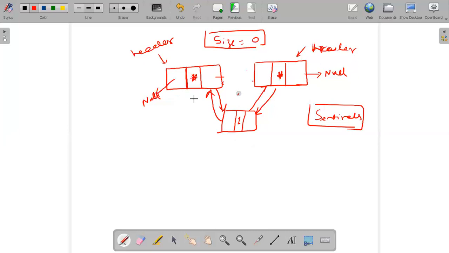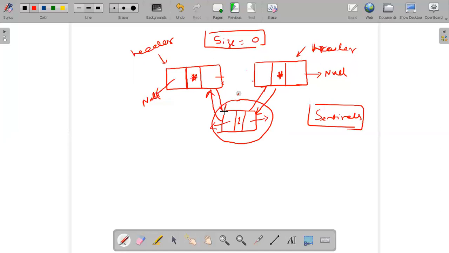This is called sentinels, and what is the benefit? This element, if I call it a position, should always point next. If I write next or previous, it should always point to something. If it is not pointing to something, that is my header and trailer or some other element, then this position is invalid.